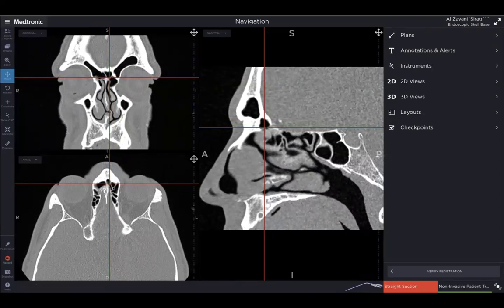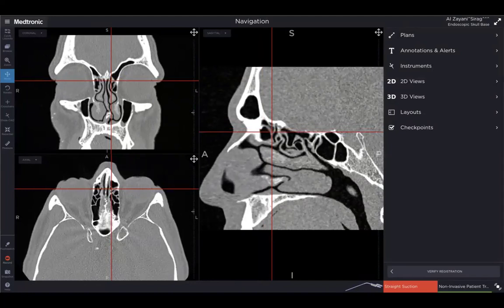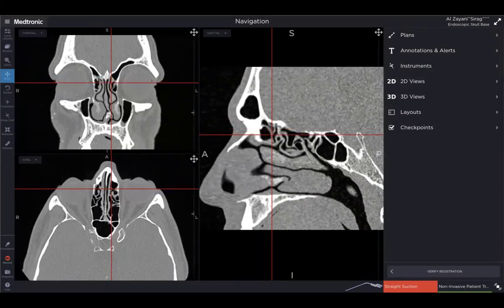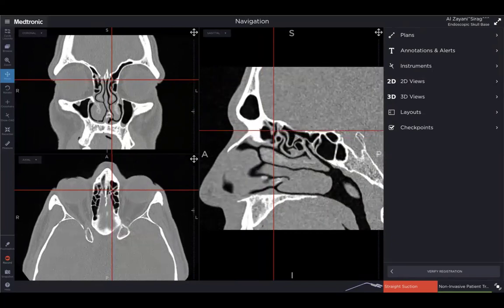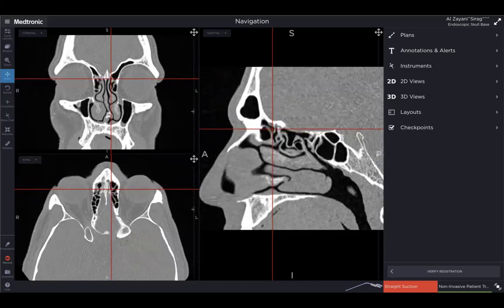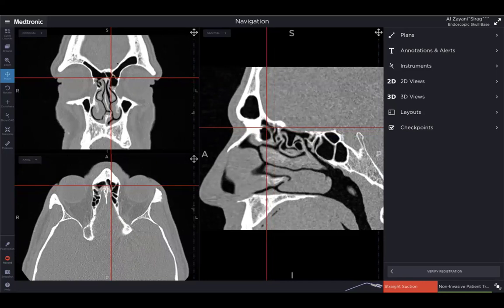And inferiorly, it actually has a drainage pathway just medial to what my fellow thought was the frontal sinus. So what my fellow thought was the frontal sinus is actually not the frontal sinus. That cell in the middle has a separate drainage pathway into the nose, and that actually is the frontal sinus